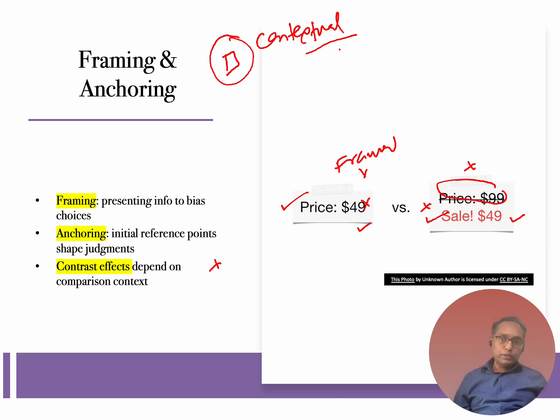Just imagine if the same question is asked to another group, but the numbers are different now, where they ask, is the average price of a new car lower or higher than $44,000? And then you're asked, what is the average price of the car? The average prices these two groups would provide would differ depending on whether they were anchored with one or the other question. So that is the anchoring effect.